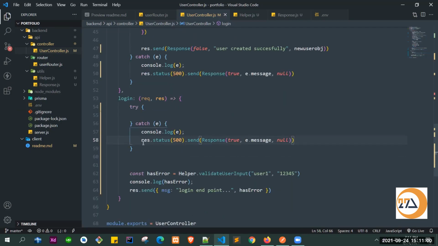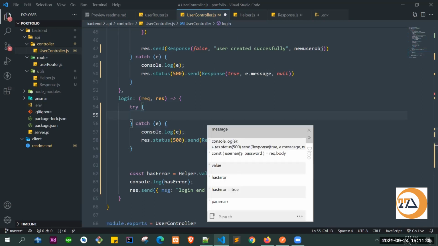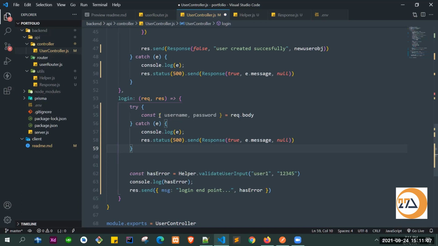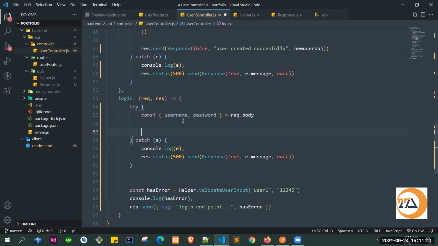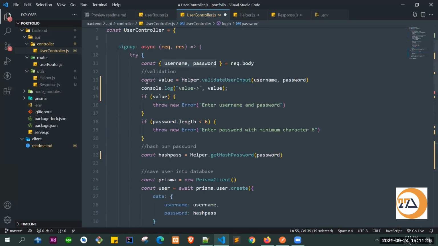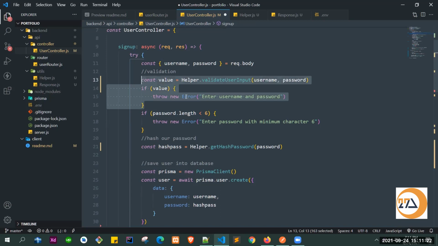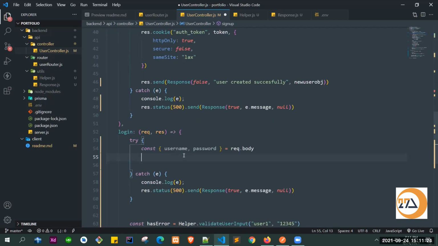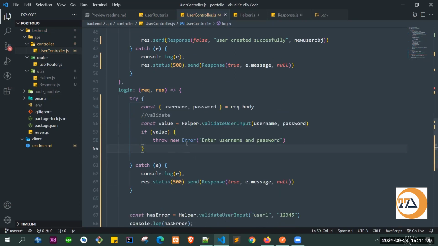Okay, after that, inside here we'll be collecting the user information. We are collecting the username and password from the request body. And after that, we will check whether these things are empty or not, doing the same thing like we did here. We can also remove this commented console log. So we'll do this, and we'll name it validate. And when the validation is done,